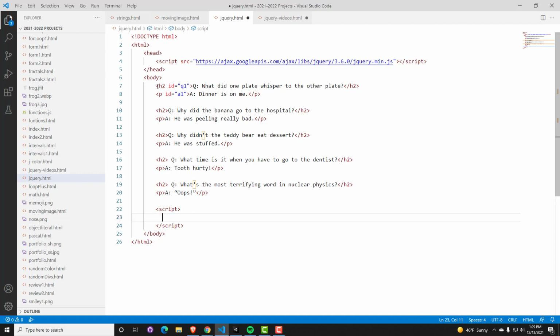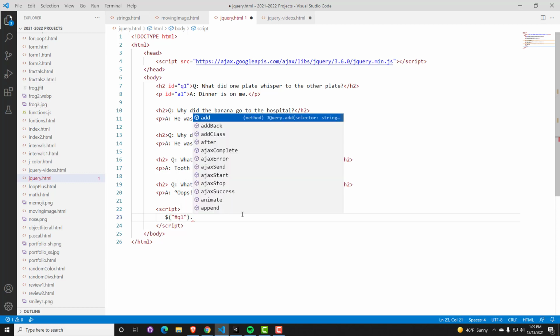Now what's going to make most sense on this is if we have all of the answers hidden to start with, and then we click on the question and we get the answer. But since we already know how to hide, let's start with that, and then we will look at how to do the opposite, have it actually show. So if, let's say, this one is clicked on, I want to hide that. Once again, we're doing the opposite. So what I would do is I would use my selector, which once again starts off with the $, and then it is an ID of Q1, so I'm going to do $Q1, and then I'm going to say click,